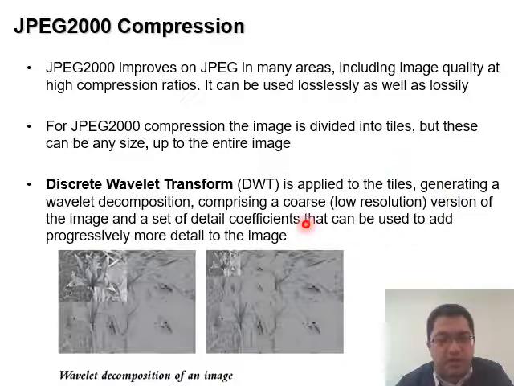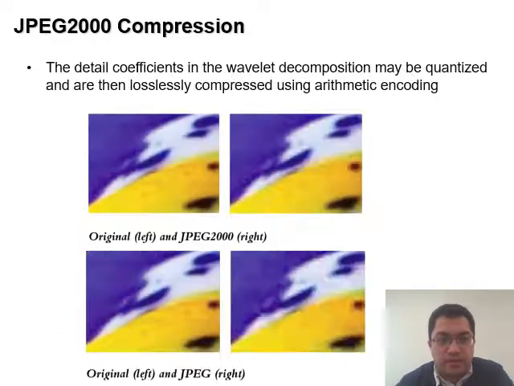These are used in the compression process. The detail coefficients in the wavelet transform are quantized and then compressed using something called arithmetic encoding. Regardless of the details, because we wouldn't have time to go into them,